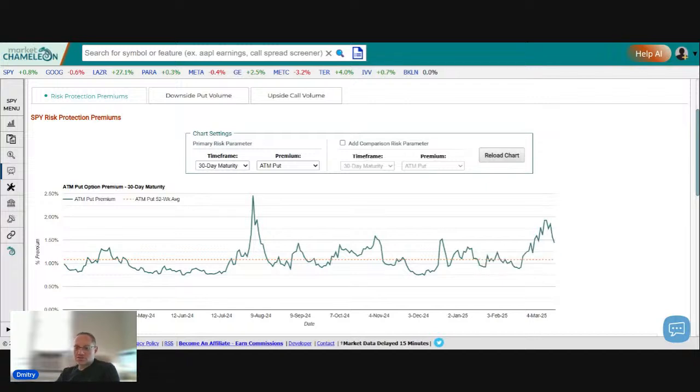And we could see how that premium has changed over time using this chart. So this dotted line over here, that's the average of all our observations in the last year. And we could see at this level currently, we're above the average. So it's 1.4% versus an average of 1.1%. Okay, now we've got a sense of what that cost is